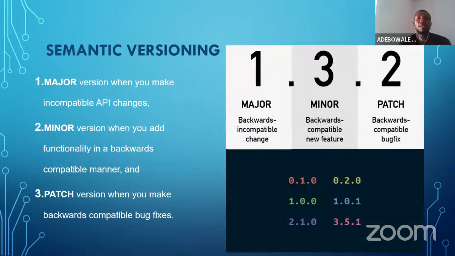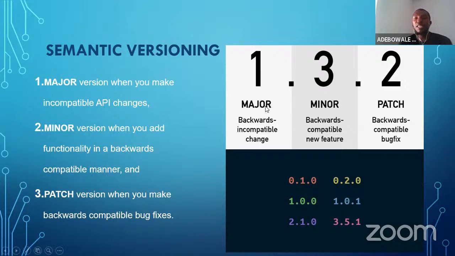The semantic versioning system has 3 major parts separated by a period, as you can see on my screen. The first part is the major version. As you can see, I have version 1.3.2 displayed on the screen. I will explain these 3 parts, and that will help us understand what we have for PHP now that we have PHP 8.